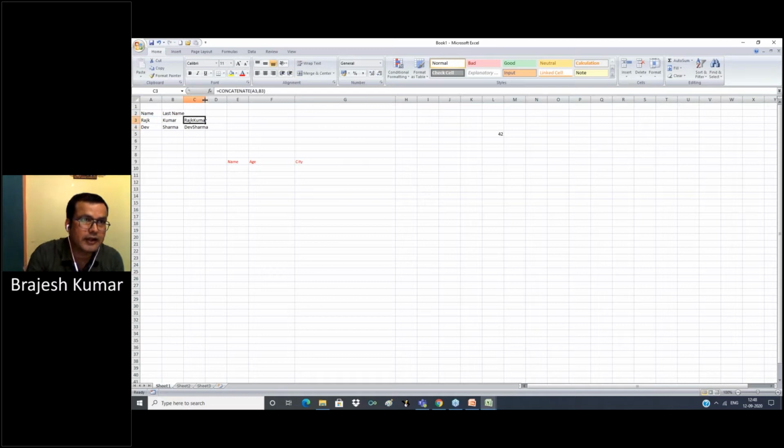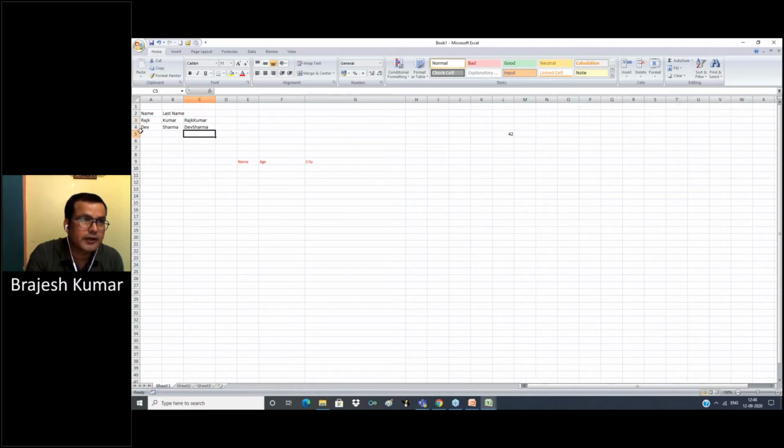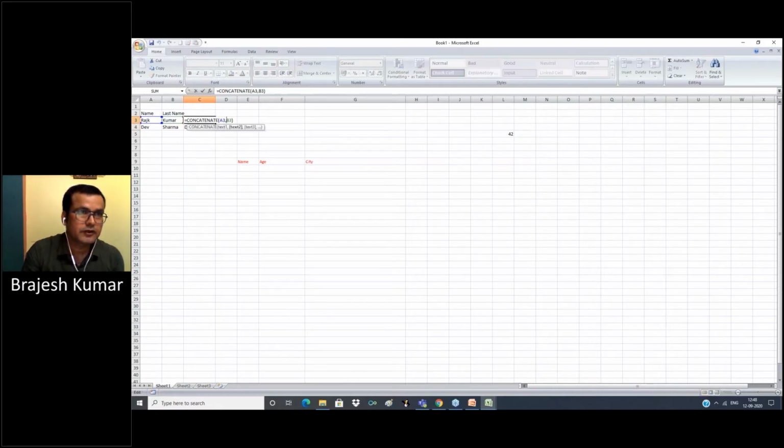Now we say Raj Kumar and Dev Sharma. Using concatenate, there is no space. To give a space, we can use comma, double quotes, space, double quotes, comma. Now Raj Kumar has one space.